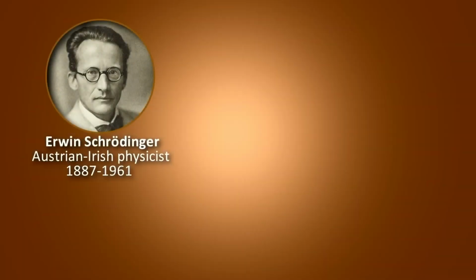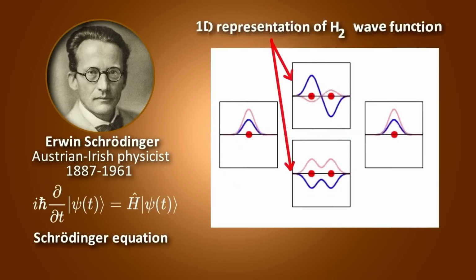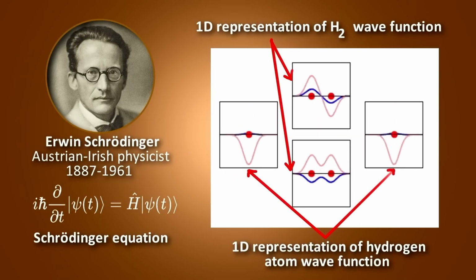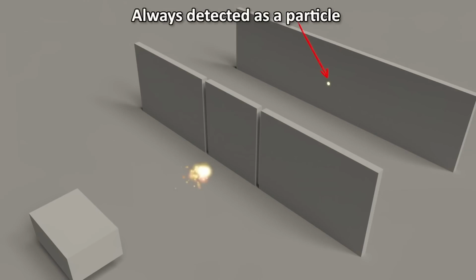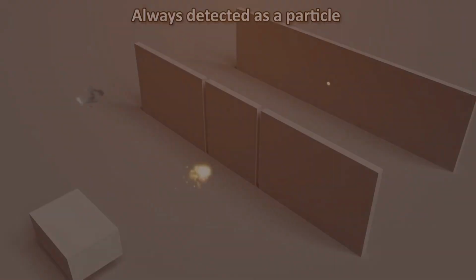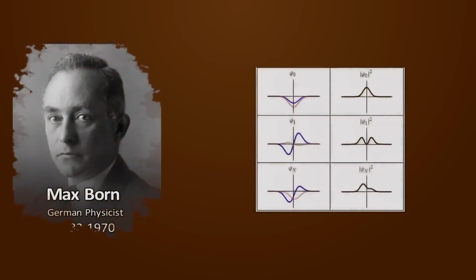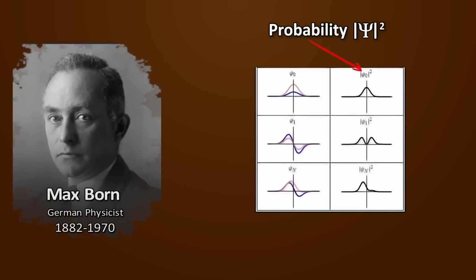Erwin Schrödinger developed an equation to explain this wave-like behavior. His equation describes how a wave evolves over time. But the problem is that whenever we detect these quantum objects, we detect them as particles, not as waves. This presents a conundrum. Experiments like the double-slit experiment suggest waves, but detection appears to indicate particles. So Max Born came up with the idea that we should interpret the wave determined by the Schrödinger equation as a kind of probability.